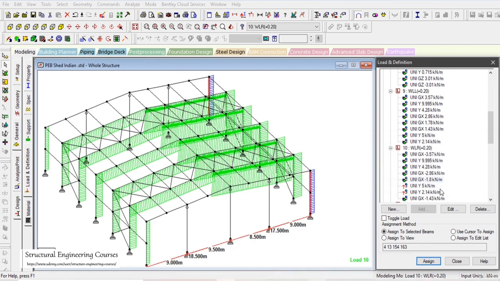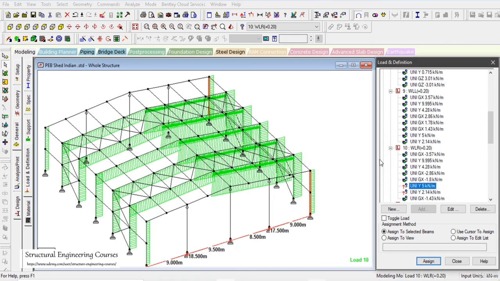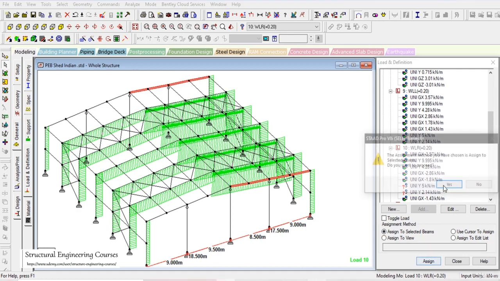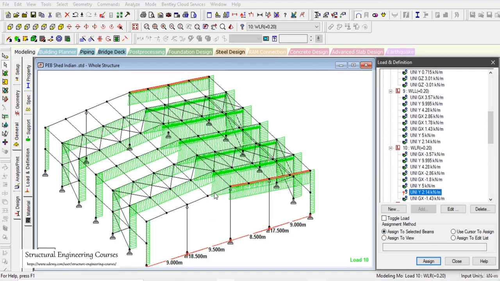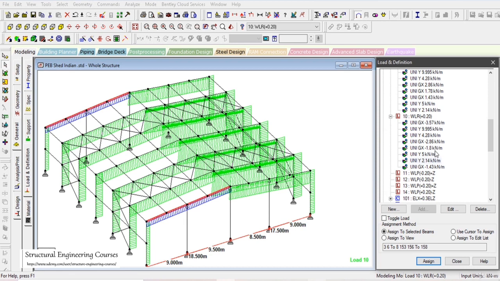For this 9.995 we can apply this 5 kilonewton per meter UDL on these portals here. Similarly for 2.14 on these portals. So now we are done with this load combination also, but we are pending with the loading on the gable